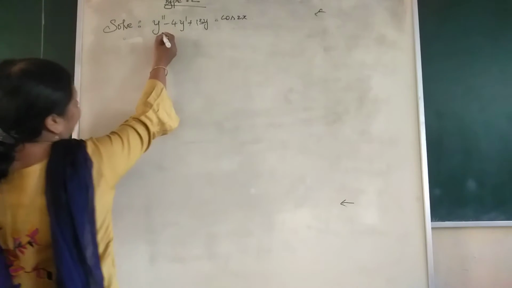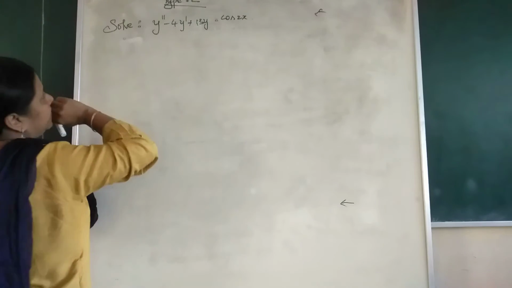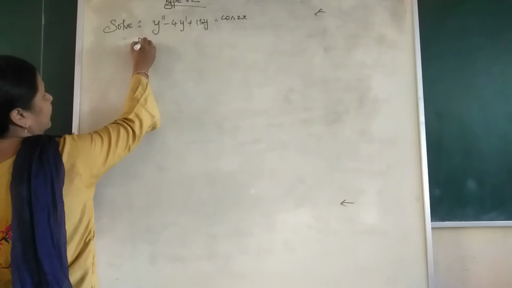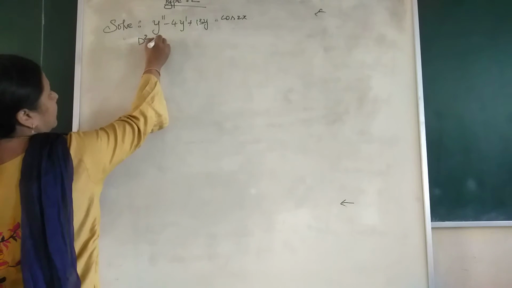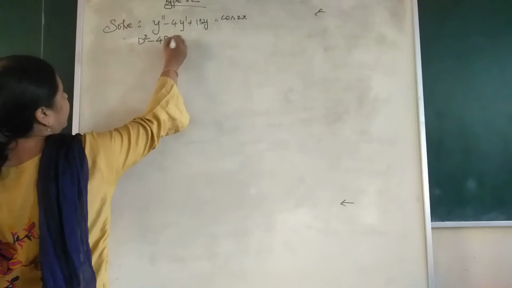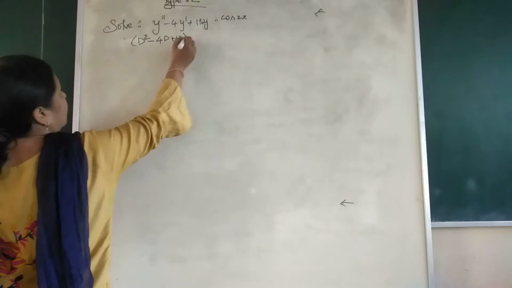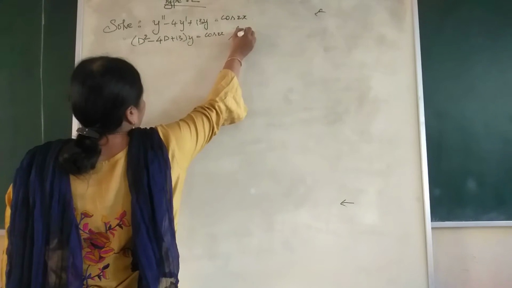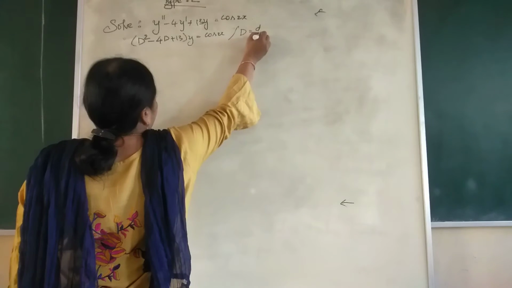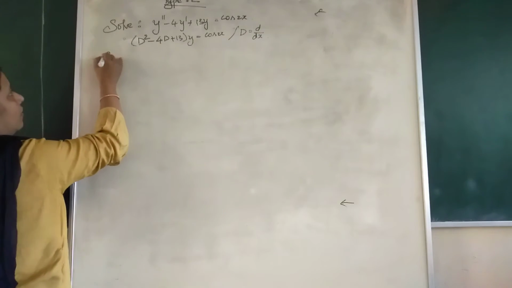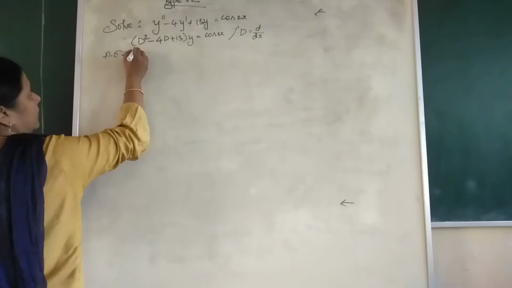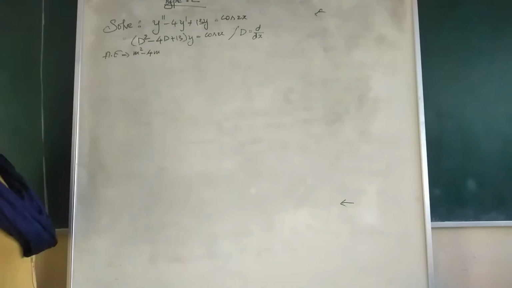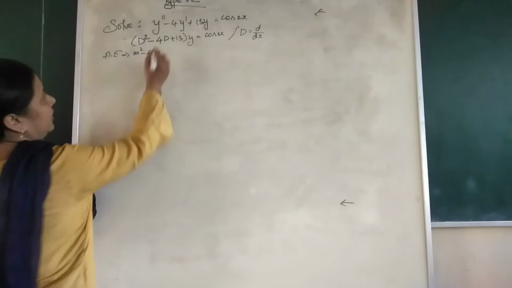So to find the complementary function, we need to put this in the operator form. So writing the given equation in terms of an operator form, we get y double dash is the second order derivative minus 4y dash is the first order derivative plus 13 into y is equal to cos 2x, where we have D is equal to dy by dx. Okay, so again auxiliary equation. The auxiliary equation for this is given by f of m equal to 0, where m is being substituted for D here.